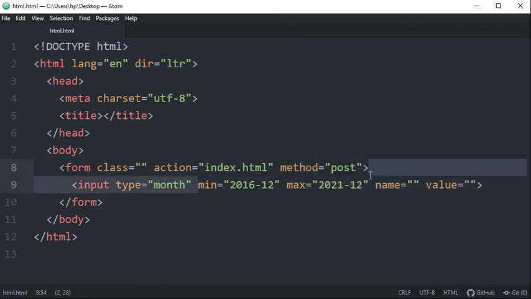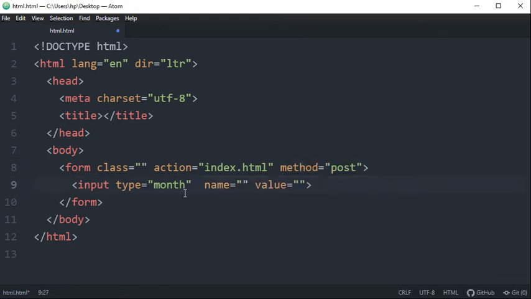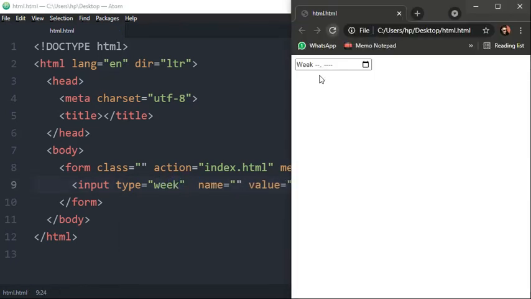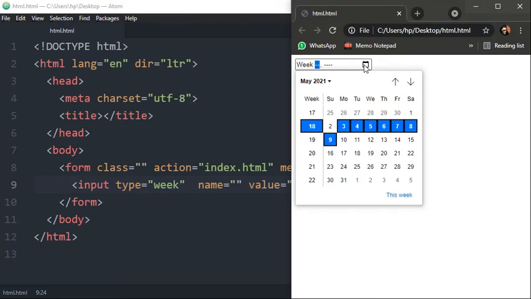Okay, let's discuss about week. So I'm cutting this. Let's discuss about input type week. So you will see user will get an option to select weeks. Okay, as you may already have idea that in a year we got almost 52 weeks. Okay, so this is the last week of 2021 which lies in December.